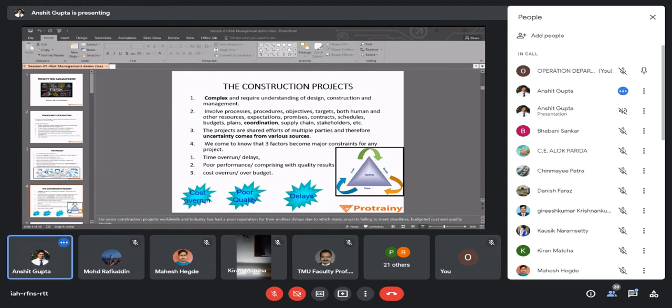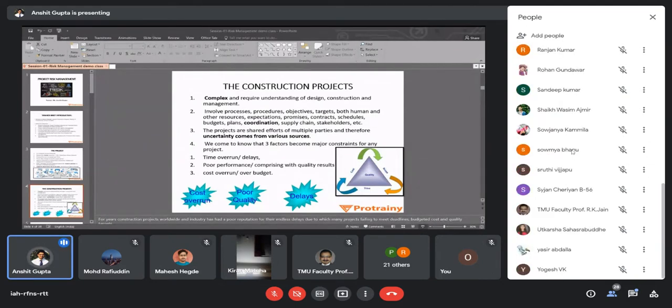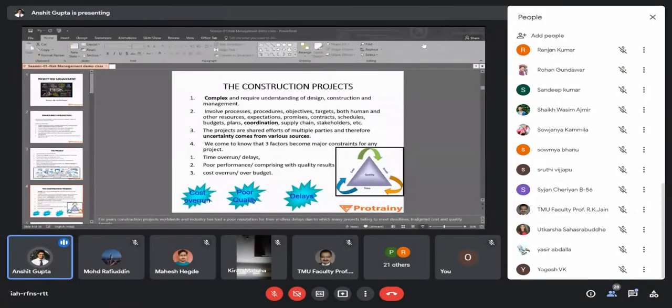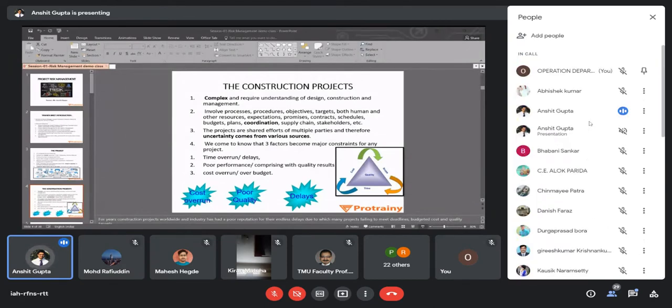But in the third phase, that is the execution phase, if I try to change the drawings when half of my project is already completed, say of G+5 floors, 2 floors, 3 floors are already completed, then you will again break those walls. You will try to make a vent there, then you will waste the material. All those things you will do in the execution phase. Your cost will increase a lot.